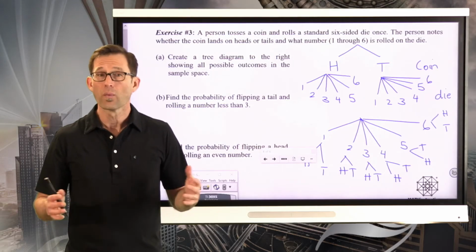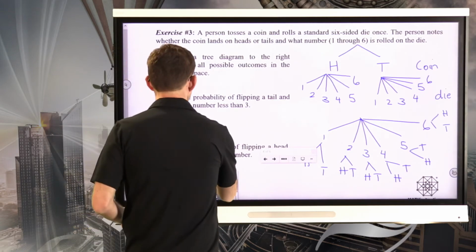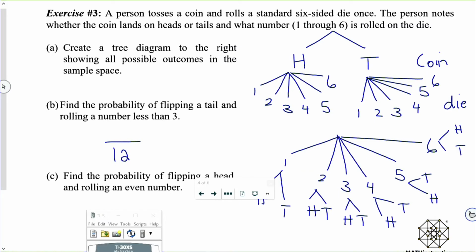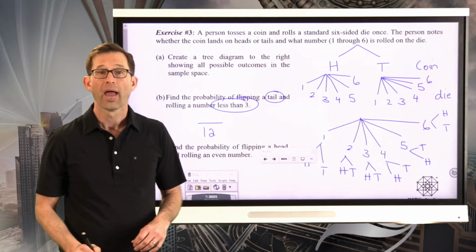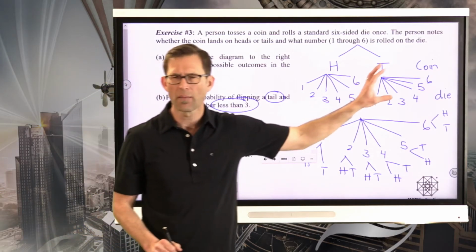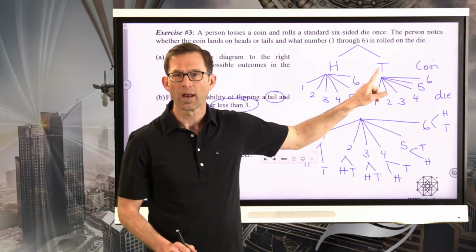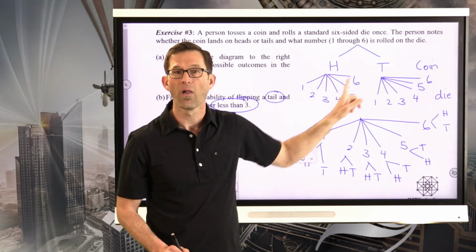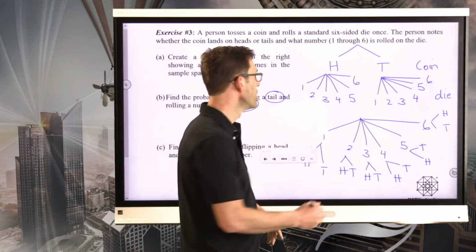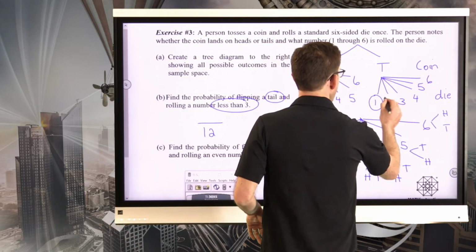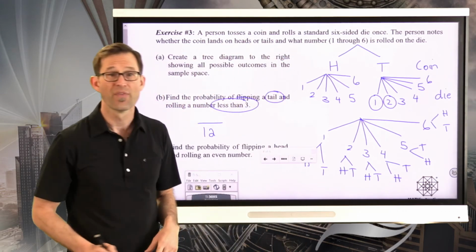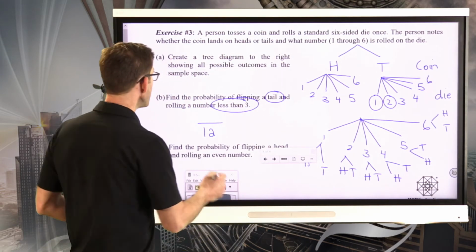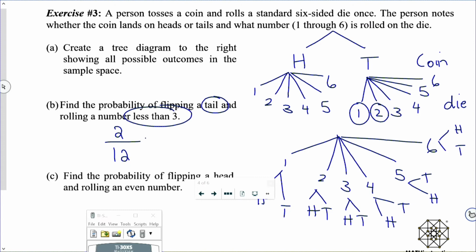All right, well, we know that the denominator is 12. Again, there are 12 total outcomes. The question is, how many of them fall into the category of having a tail and being less than 3? Well, I'm going to use this one over here. We've got to be on this branch, and the only ones then that are both a tail and less than 3 would be this outcome and this outcome. That's it. Right? So at the end of the day, my probability here is 2/12, or if you like 1/6,